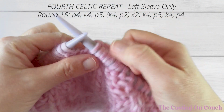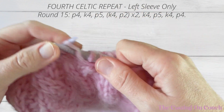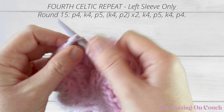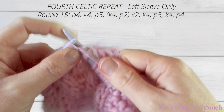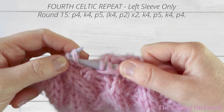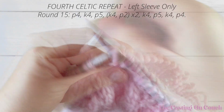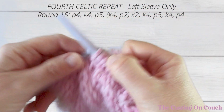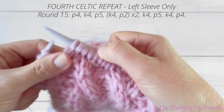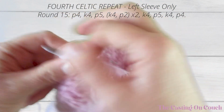So that's my knit 4, purl 2, knit 4, purl 2, and again knit 4, 1, 2, 3, 4, and then purl 5, 1, 2,